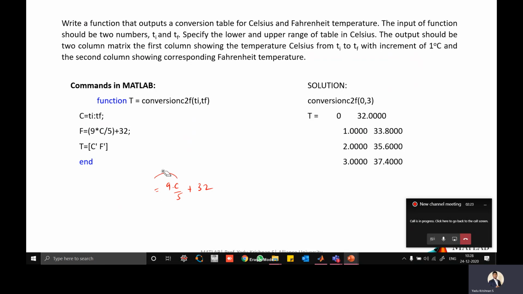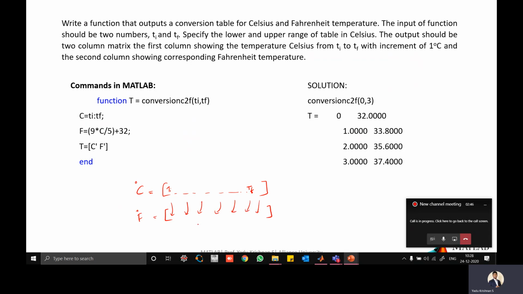First we need an array of degree Celsius temperatures, from Ti to Tf, and that has to be converted into F. Again an array, where each value is converted into Fahrenheit.